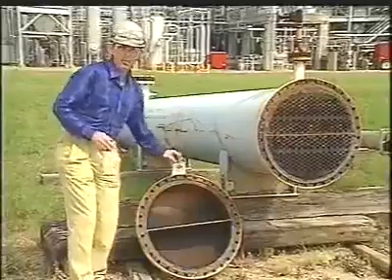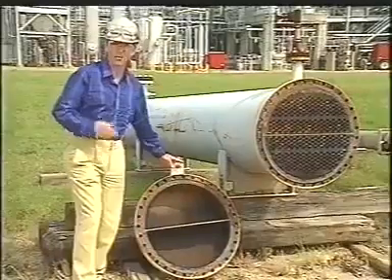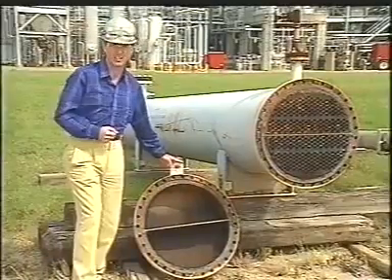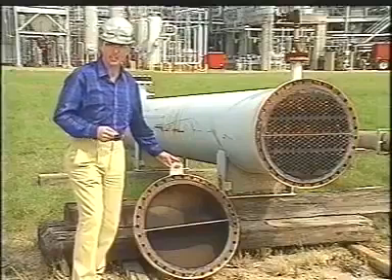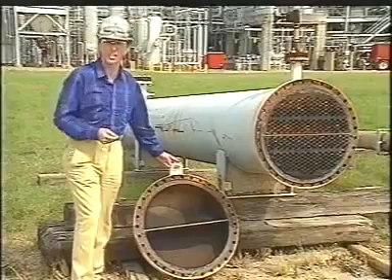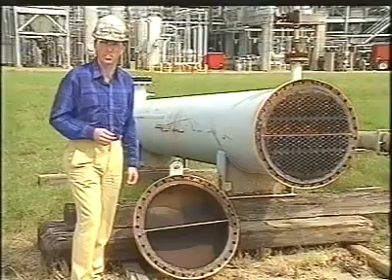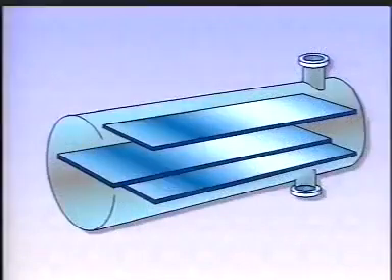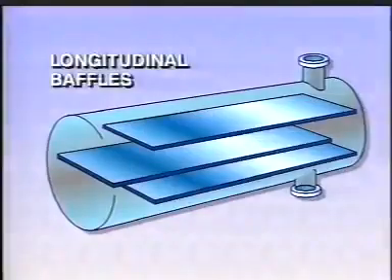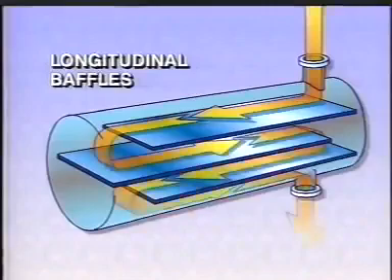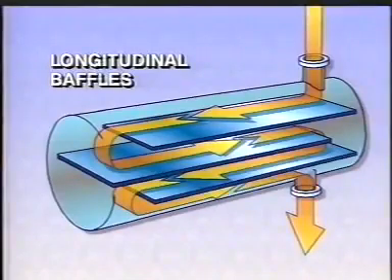Here is a channel head baffle that directs the tube side fluid through the exchanger 2 times. Every time the hot fluid makes a pass through one channel, it gives up more heat. Increasing the number of tube side passes improves the efficiency of an exchanger. The shell side flow can also be changed to produce high efficiency. As these longitudinal baffles force the shell side fluid to flow back and forth over the tube bundle with each pass, shell side fluid absorbs more heat.